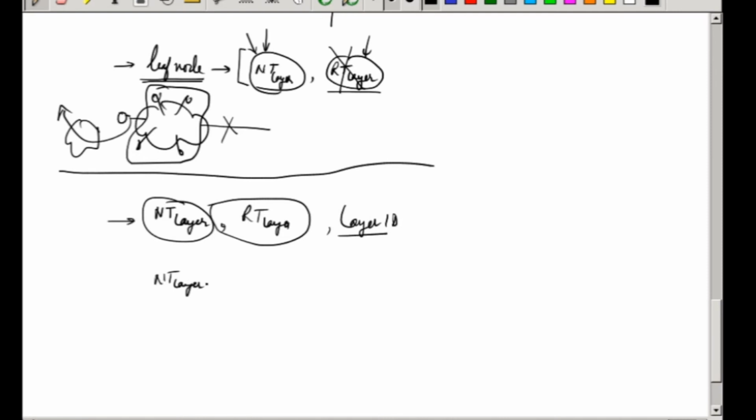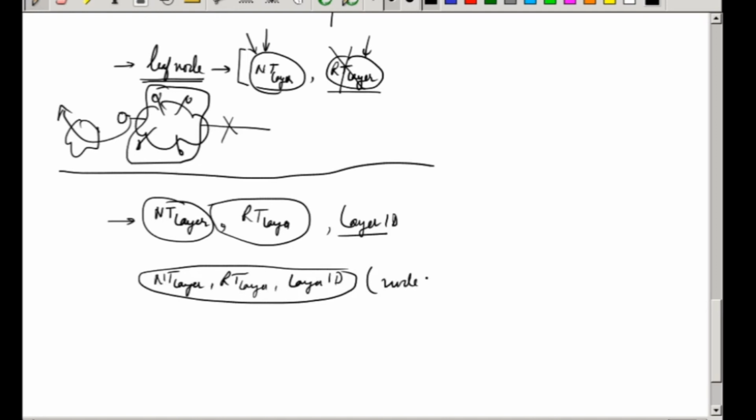So when you receive a neighbor table as well as a routing table along with the layer ID, you will use these two things to further optimize your neighbor table as well as your routing table. Whoever has sent this entry, you will also consider that node ID as a potential candidate to be used in the neighbor table as well as the routing table. While in case a heartbeat is received, that source node is never considered. Here the source node ID also needs to be considered for this purpose. That will be one difference.